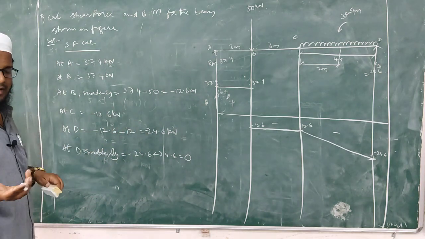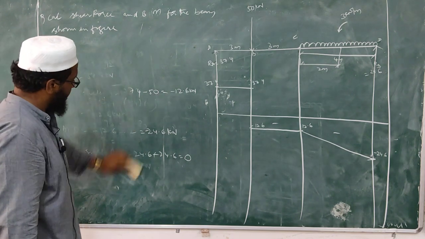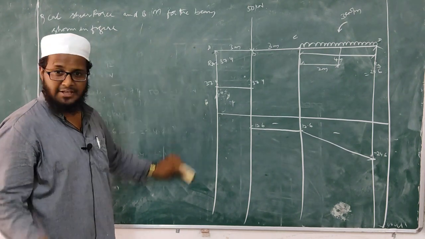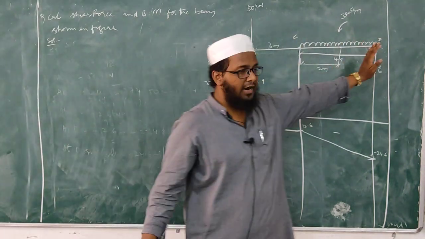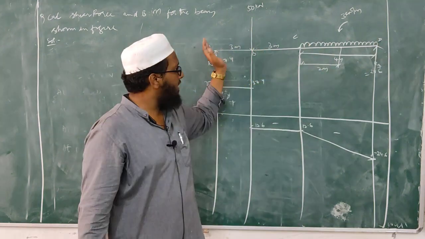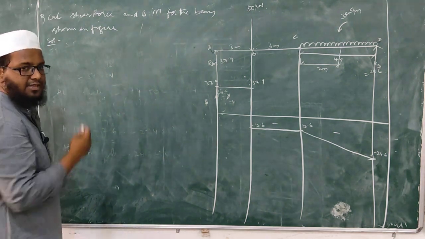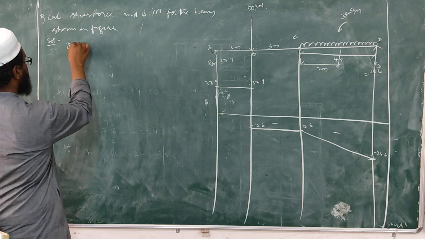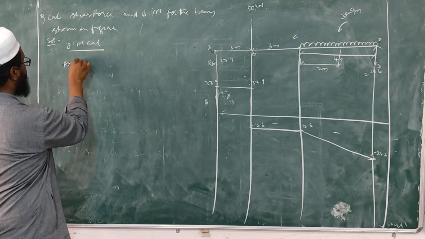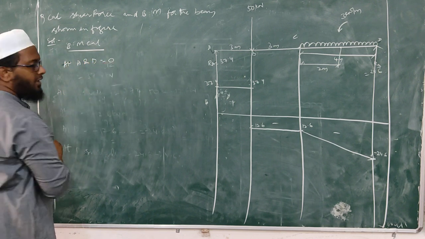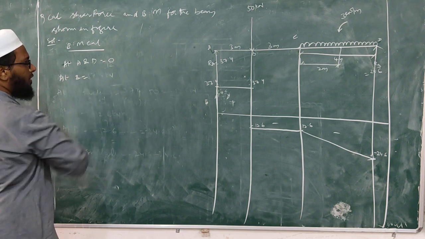So bending moment diagram, we all know what bending moment calculation is. Bending moment calculation is very easy, very simple. Why? Because in case of a simply supported beam, the best part is we do not have bending moment at end supports. Okay, so bending moment at A and D will be completely 0, whereas bending moment at B and bending moment at C will exist. So, bending moment calculation: at A and D it is 0, and at B what will happen at B?